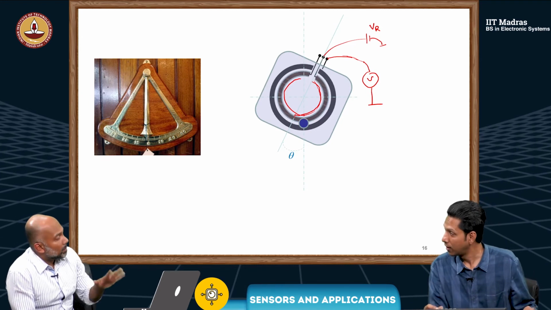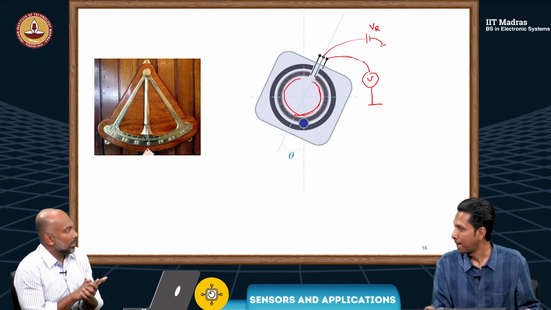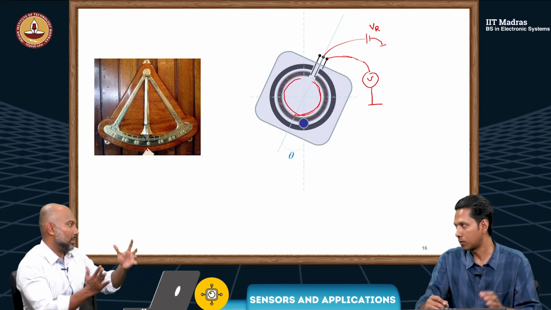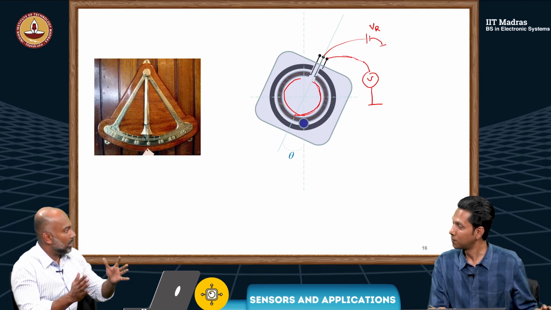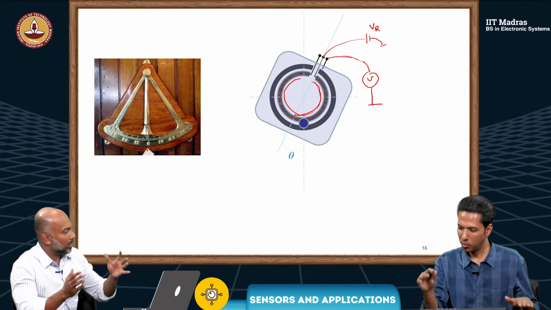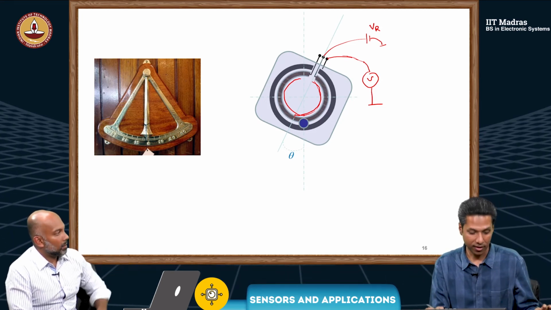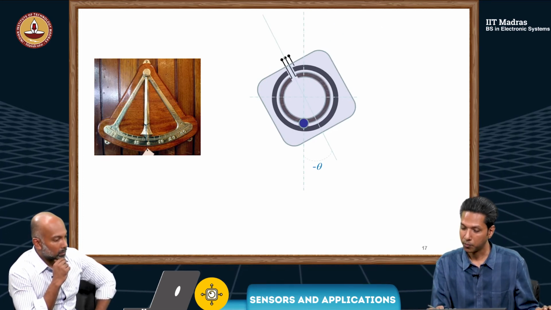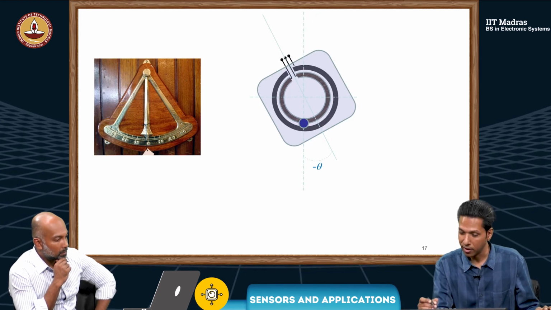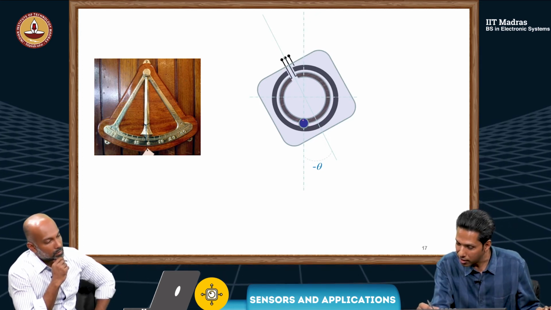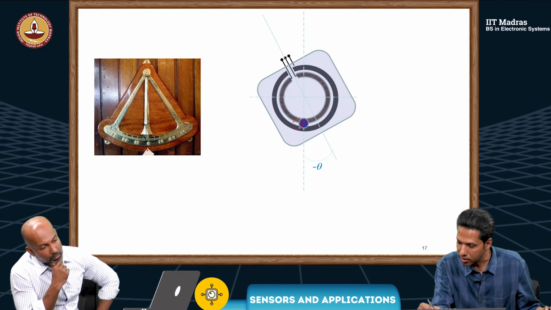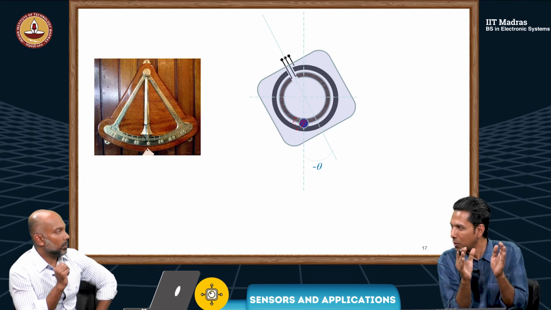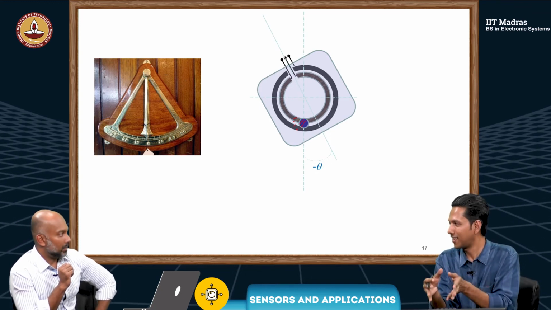So this is for a constant inclination. If there is an inclination, and it's a ship, then it keeps moving like this. But generally, ships will have only a little bit of inclination. It could be the other way also, minus theta. But the point you made is that there is some friction between this ball and these structures. So when the outer structure moves, the ball also will move a little bit, and then finally, because of gravity,